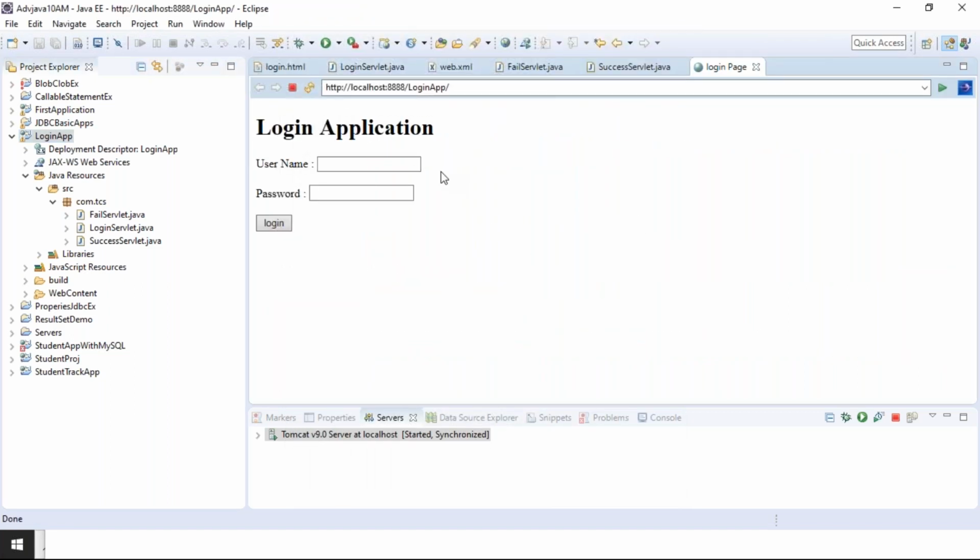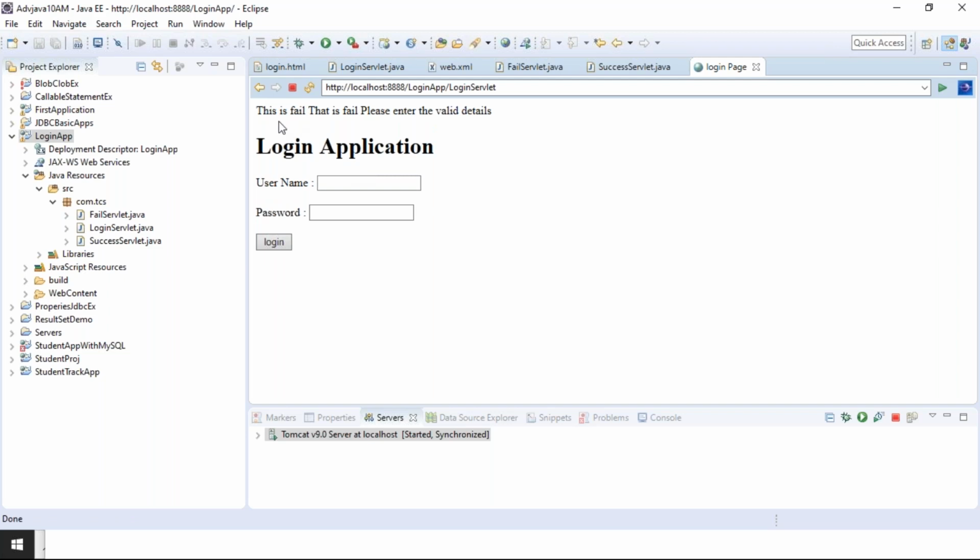This data is included, and that file is also printing. This is file, that is file. Please enter the valid details. This is the present resource response, and this is called the target resource response. Both are coming to the browser window, right? Exactly. Guys, is it clear now?